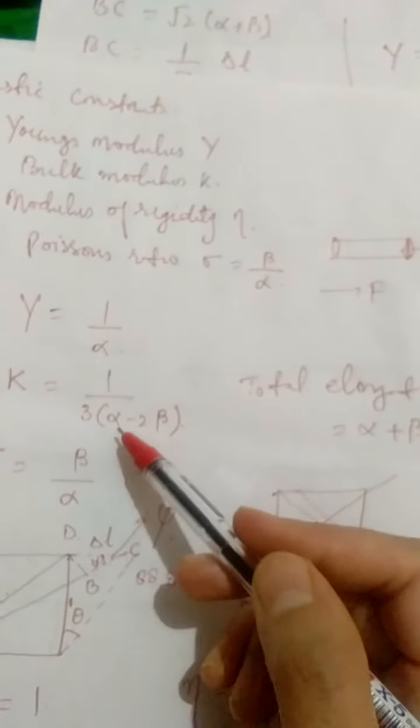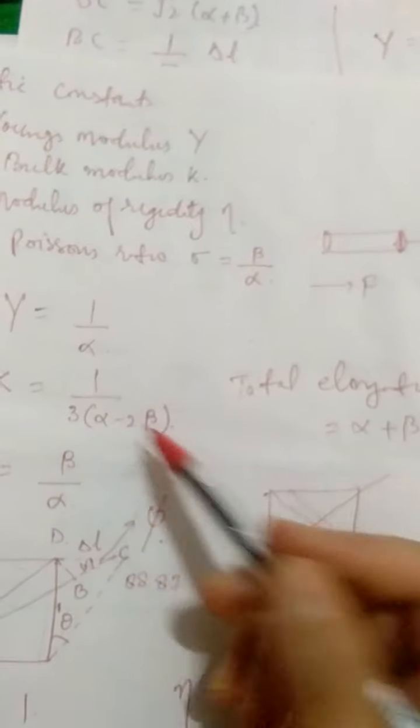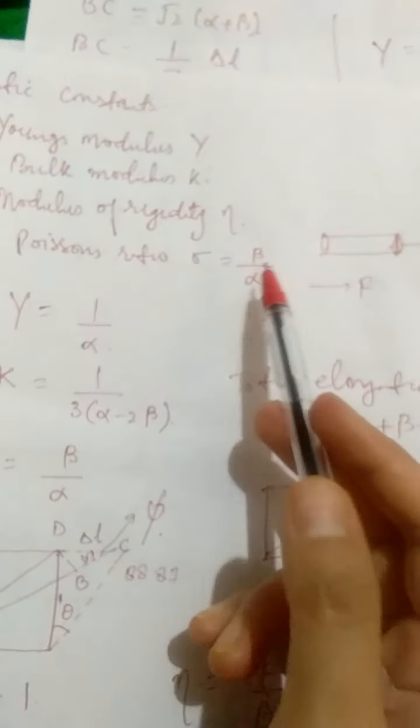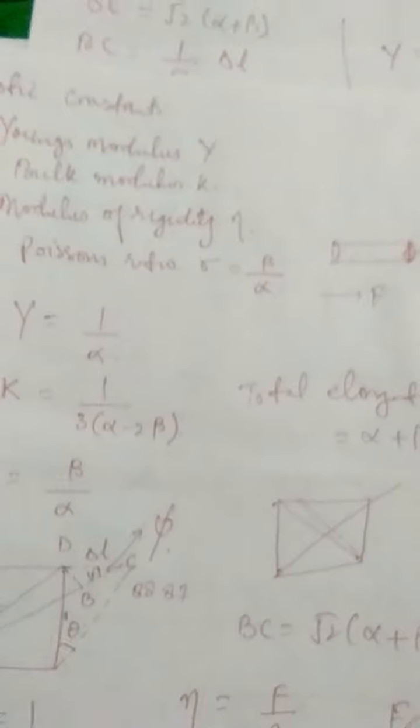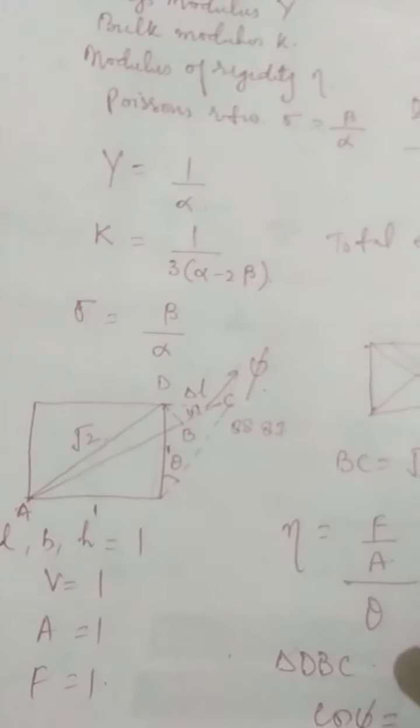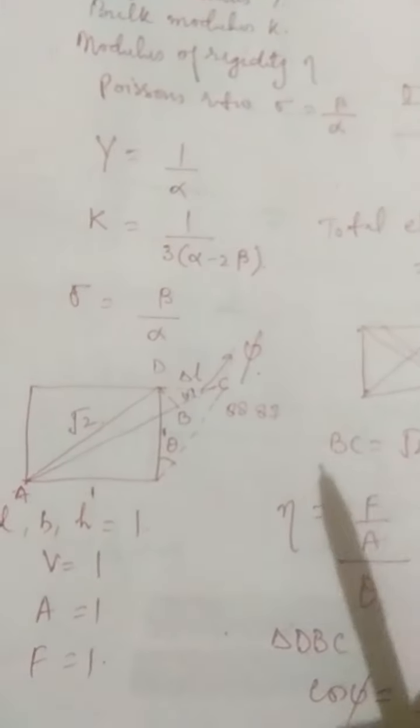And this is the equation that connects Young's modulus, bulk modulus, and modulus of rigidity. We have been able to do it by expressing each of these quantities in terms of alpha and beta. Alpha is the longitudinal strain and beta is the lateral strain. And the ratio of the two is called Poisson's ratio, sigma, beta by alpha, right? You can also consult books to find the relations between any of them. The basic thing that you need to do is express all the 4 constants in terms of beta and alpha, and once you are able to do that, you can connect any 2 or any 3 parameters in terms of each other. That follows easily.